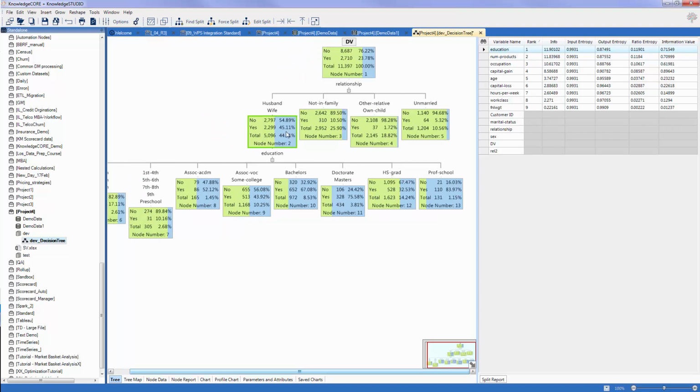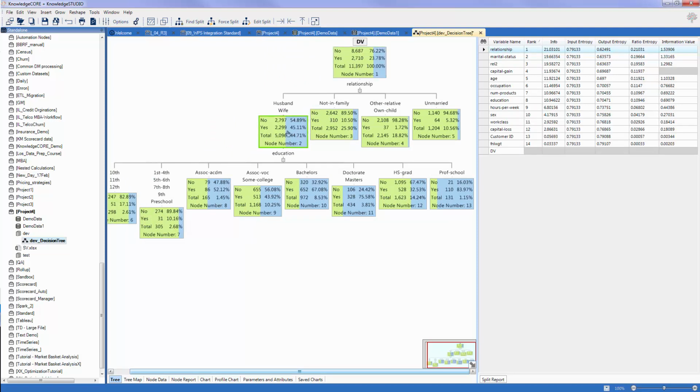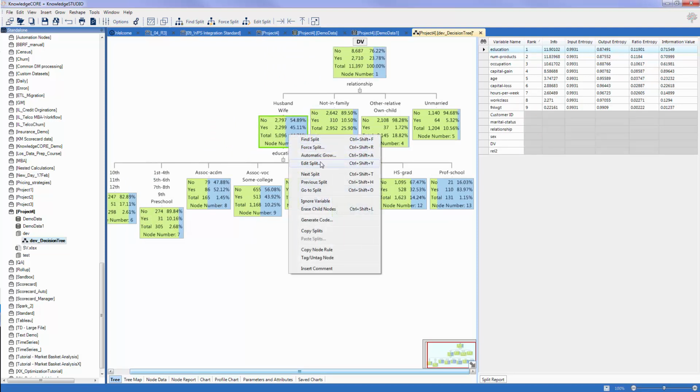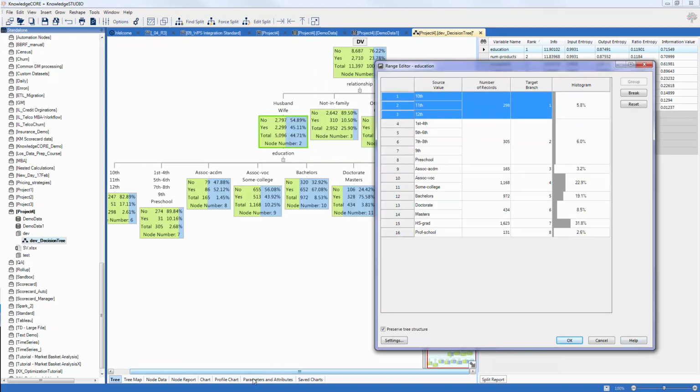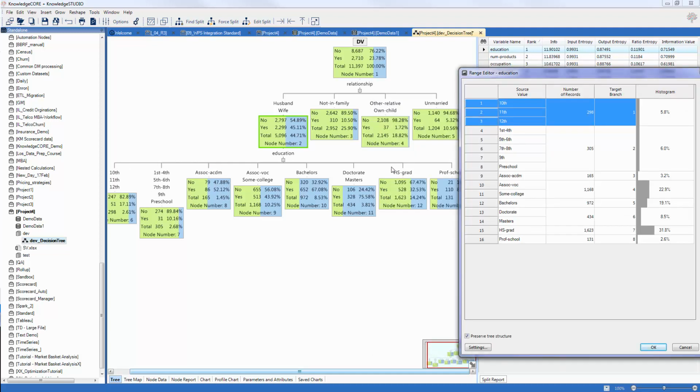Now, in addition to this, it will retain the split report for previous nodes, and I can modify the splits. So I can choose a fine split to get an idea of what's the most important predictor and a ranked list, and I can modify the splits that it also generates. So here you can see that there's quite a considerable number of categories, and there seems to be too much granularity for those lower number of years of education, maybe up to about a high school graduation. So I want to put